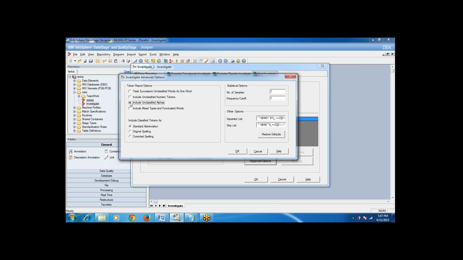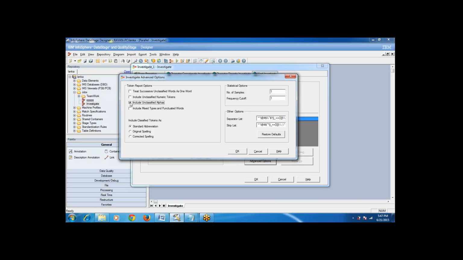So we have the classified and unclassified tokens, sorry, the classification codes. If you want to display in the token report, whatever report you have generated right now, you are seeing only the classified codes related data. In the token report you are not seeing these question marks and plus symbols and all those things.